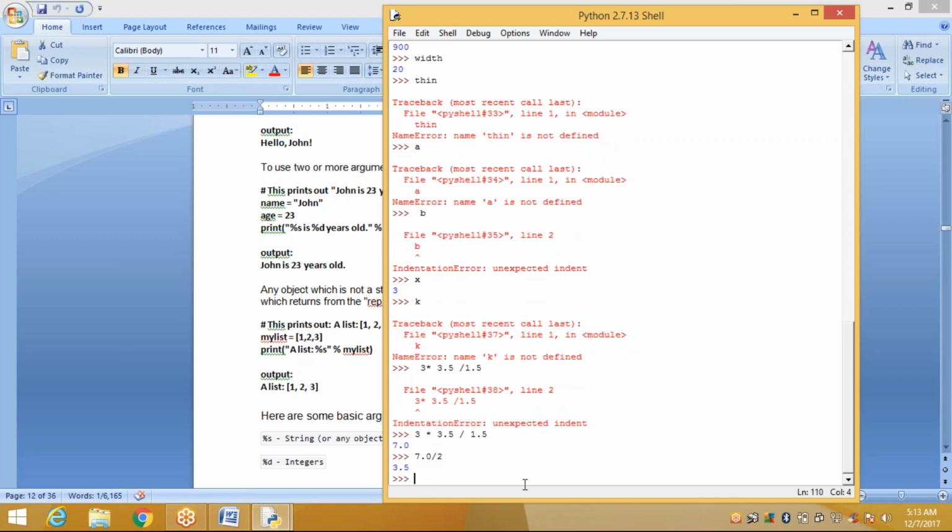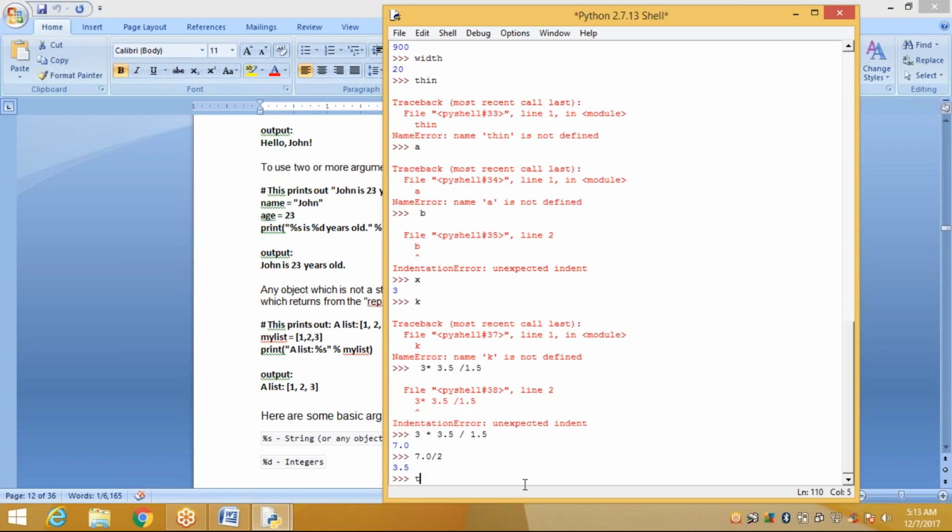So in an interactive mode, the last printed expression is assigned to the variable. See here, observe here. In an interactive mode, the last printed expression is assigned to the variable. You can use underscore. This means that when you are using Python as a desk calculator, it is somewhat easier to continue calculations.